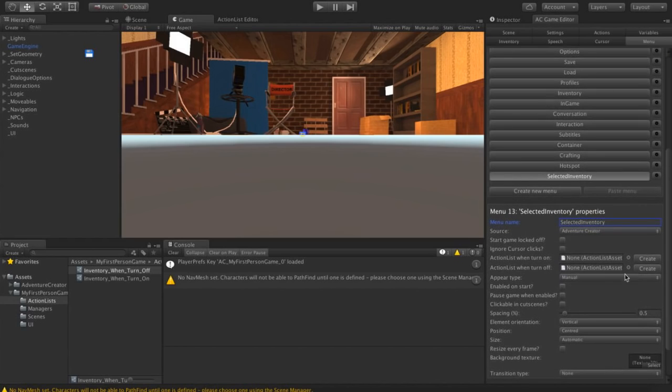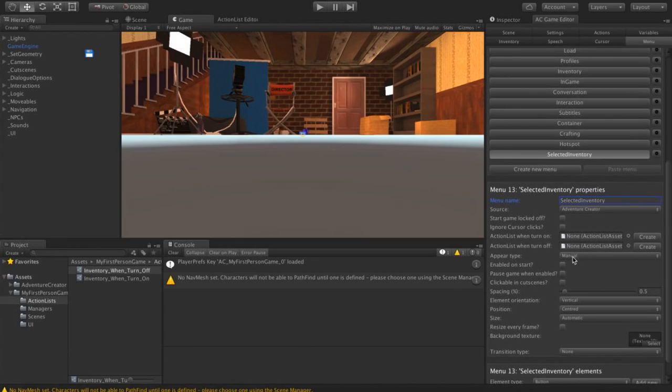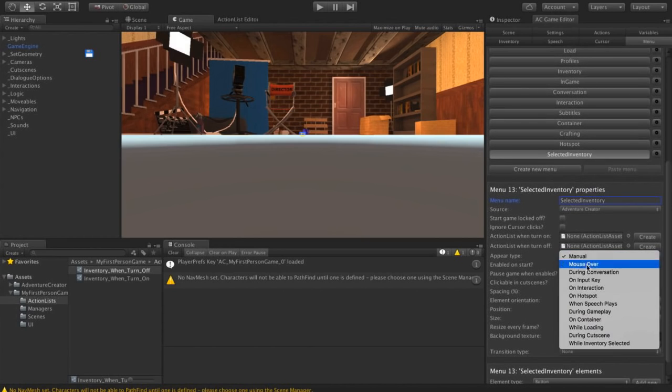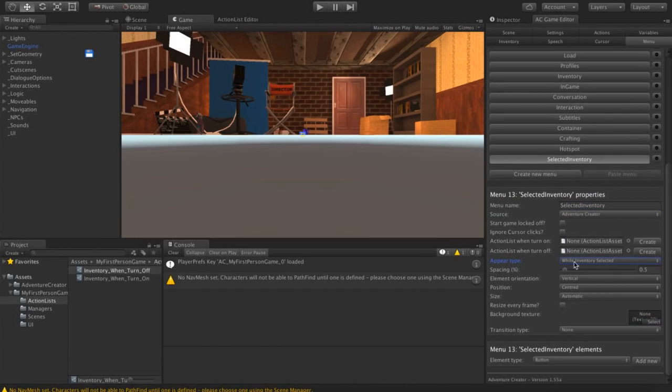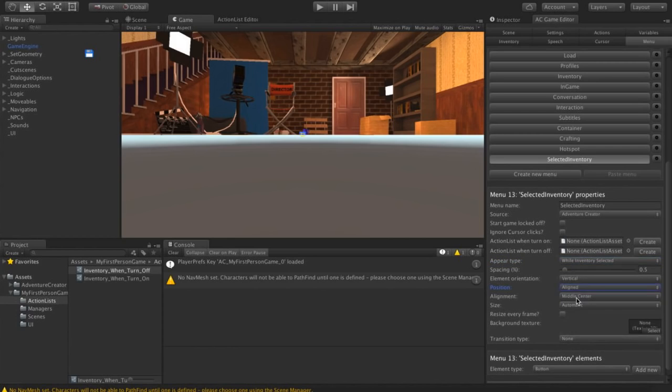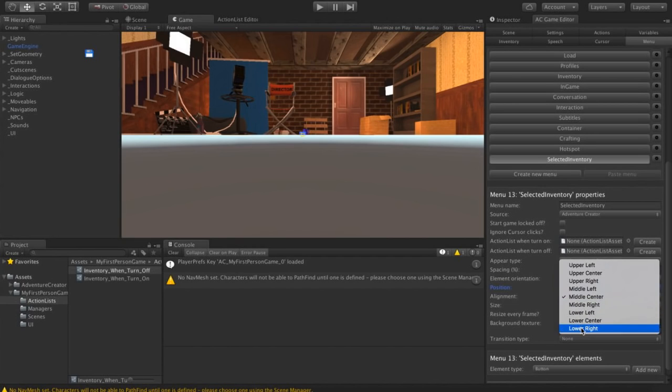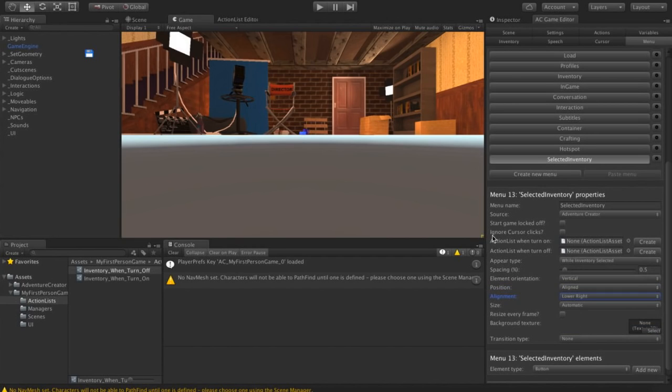And I'm going to set its appear type, which is the rule for when it shows up, from manual to while inventory selected. So as you might imagine, this is going to appear only when we have a selected inventory item. I'm going to position it aligned and then set the alignment to lower right. So you can see this little square here is in the lower right corner of the screen.